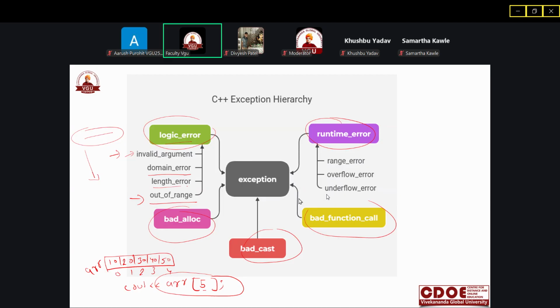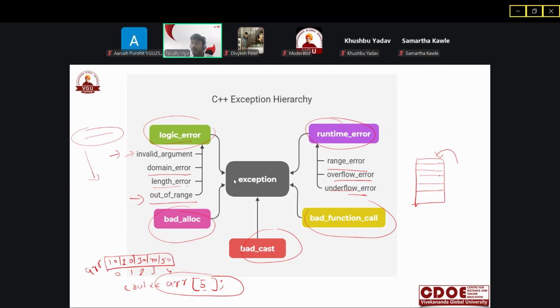Another category is runtime error. At runtime you can get range error, underflow, and overflow. What is underflow and what is overflow? We have a stack with limited memory, and we are trying to allocate more memory.